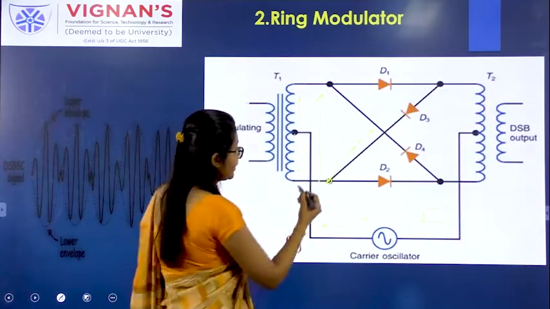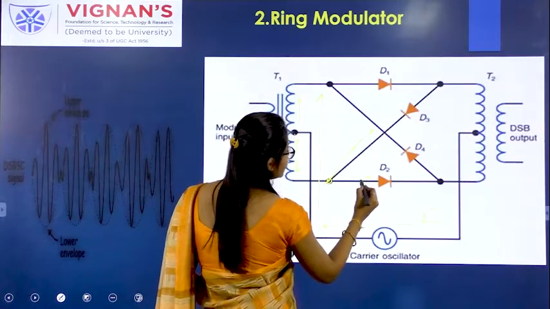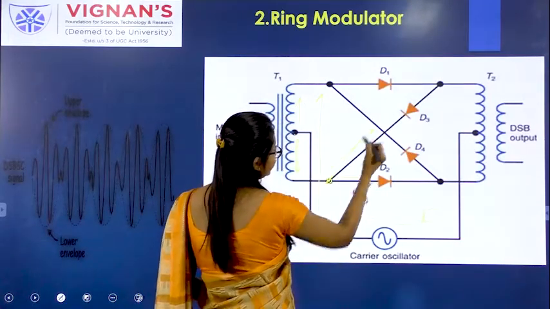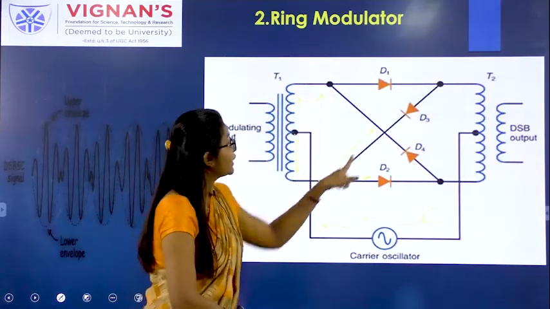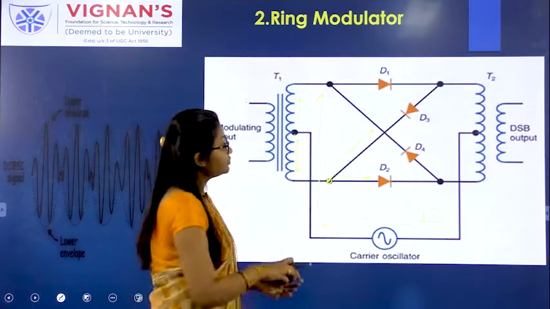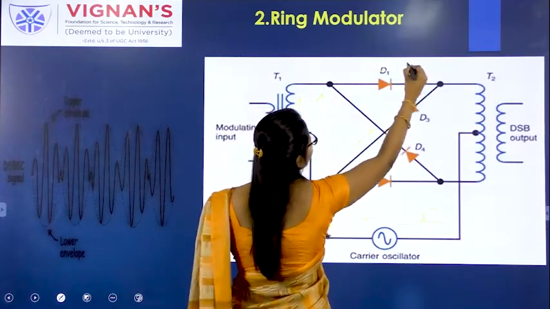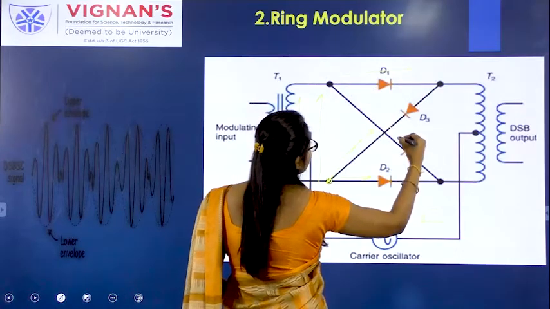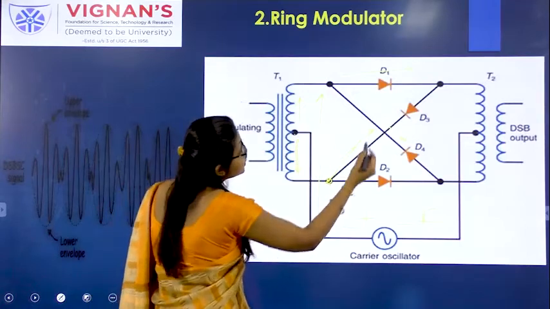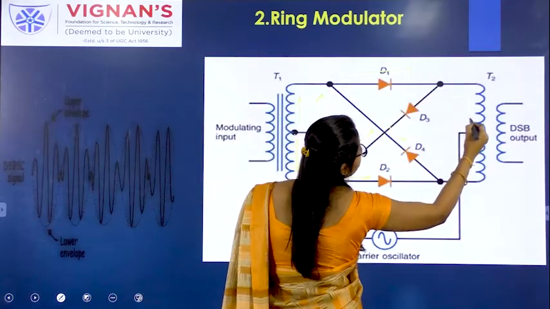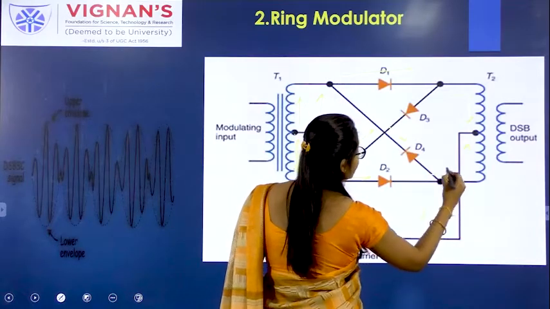I told you, 180 degrees phase reversal. This current will flow like this, right? Total current will be divided into two parts. It will go like this, it will go like this. In the same way, here the total current will flow like this one. So now you observe, likewise it will flow. As a center tap transformer, the direction will be changed, okay?